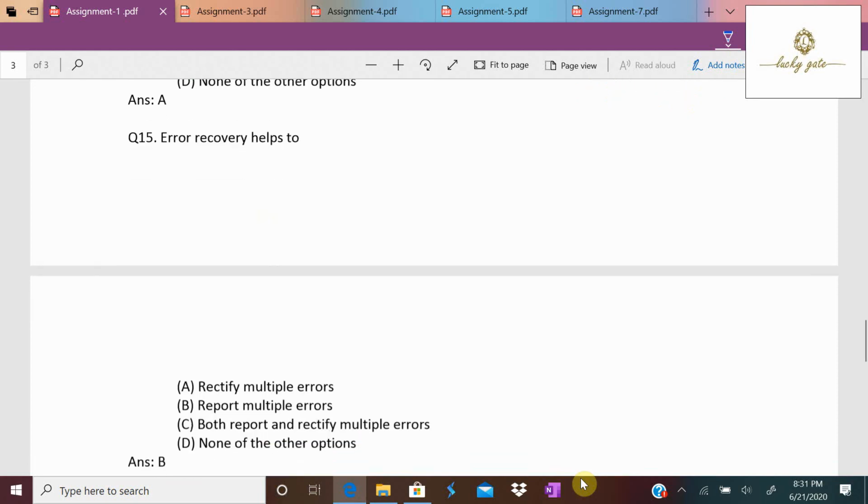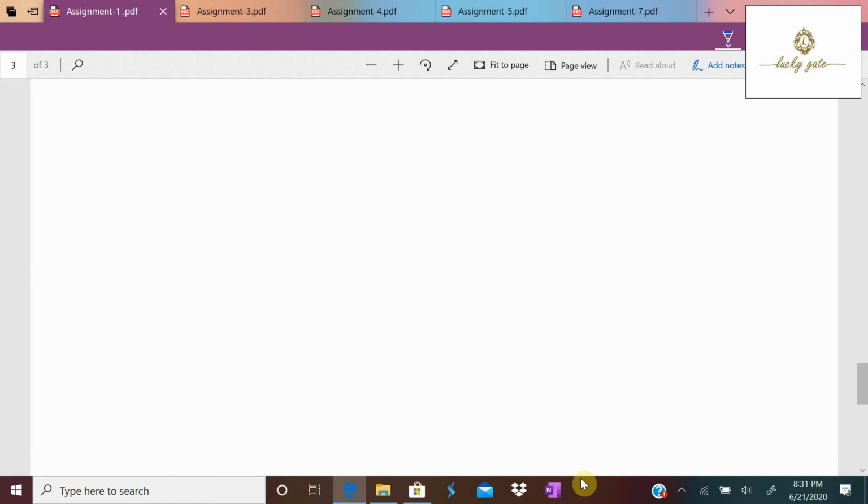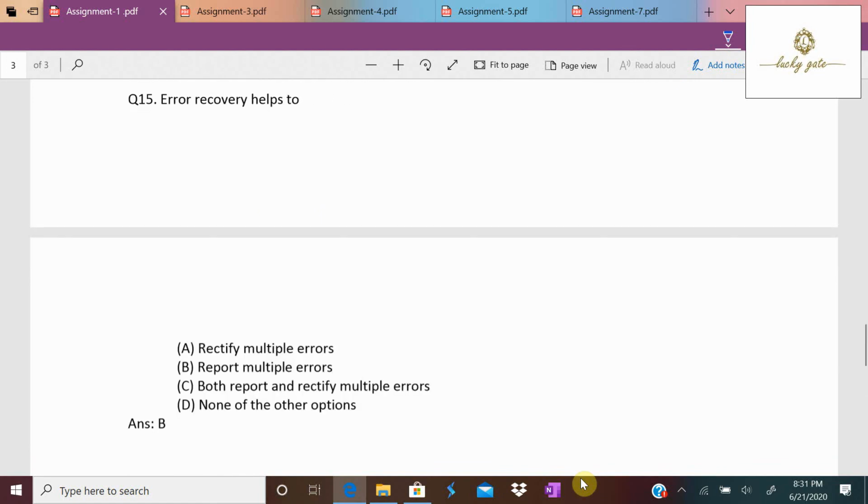Last question, question number 15. Error recovery helps to. What is error recovery for? While compiling the program, if it finds an error, it collects information about the error in that particular line, stating in which line the error occurred and what type of error occurred.